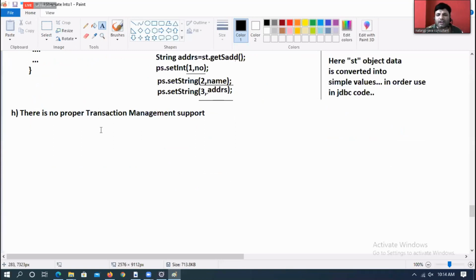The process of executing logic by applying do everything or nothing principle is called transaction management. For example, take a transfer money operation. It's a combination of how many operations here? Two operations. One is withdraw amount from source account.